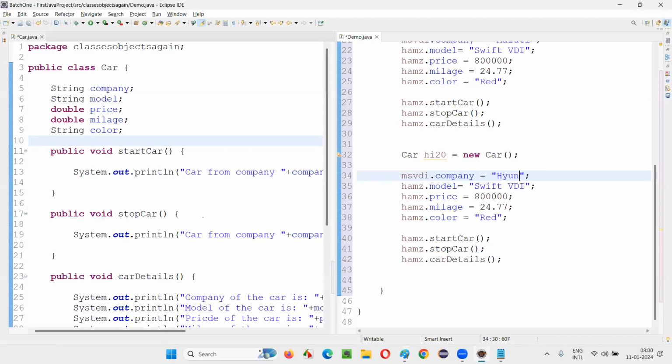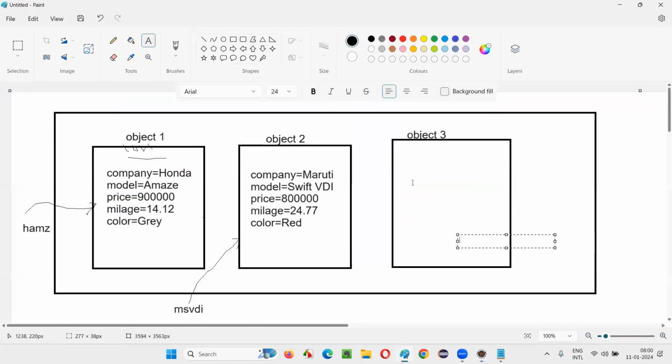Hyundai. Model is i20. Price is 12 lakhs. Mileage is 12.34. Color is white. So same details will be stored in the object memory. Company is equal to Hyundai.